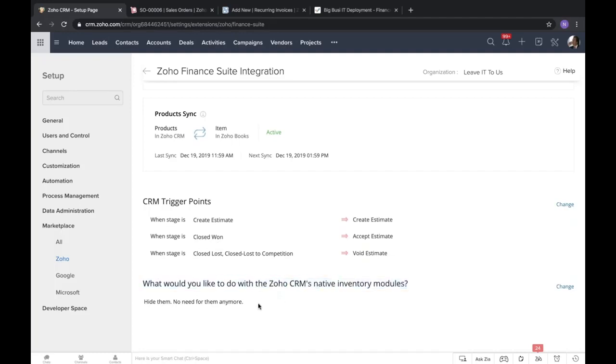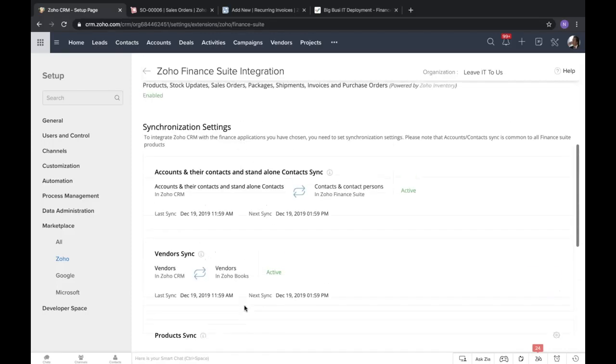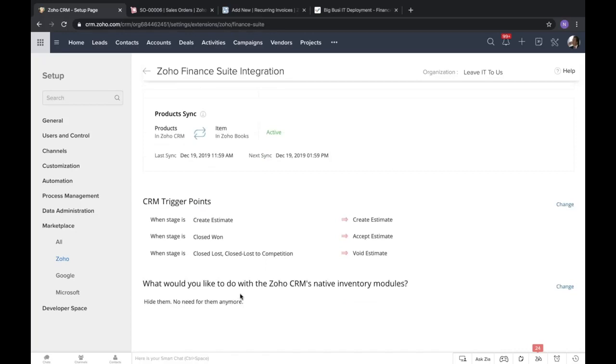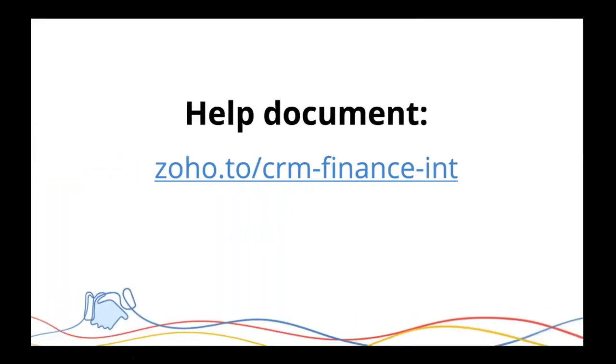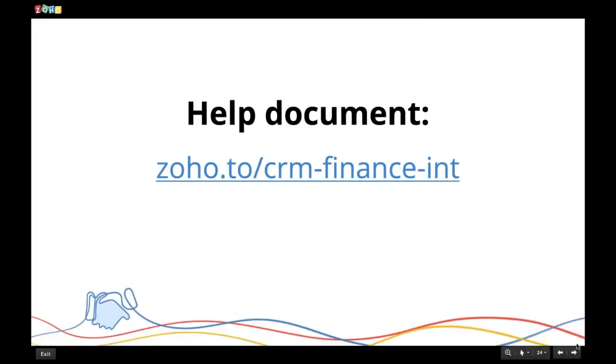Now, that thing I was talking about earlier, where you have the option to shut off CRM's native quoting and inventory modules, that also shows up when you are configuring this integration. So the options you choose here are going to be pretty important. I'd recommend checking out this help doc to make sure you do it right for the way your business is